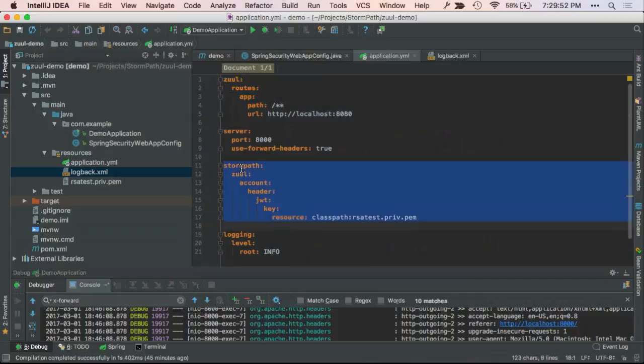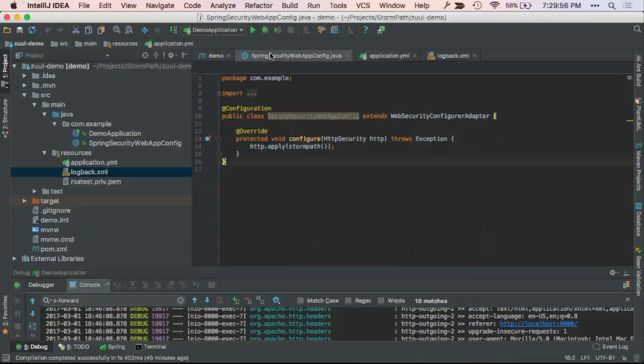Because this is Spring Security and by default everything is going to be locked down, the only thing that we have here is that we're applying Stormpath. In the latest version, as Matt was saying, you don't even need that anymore. It'll auto-load the Stormpath configuration for Spring Security. But in this case, it's still there.